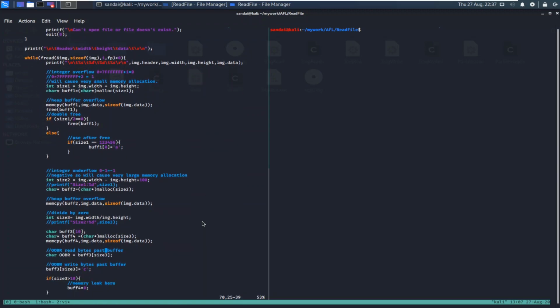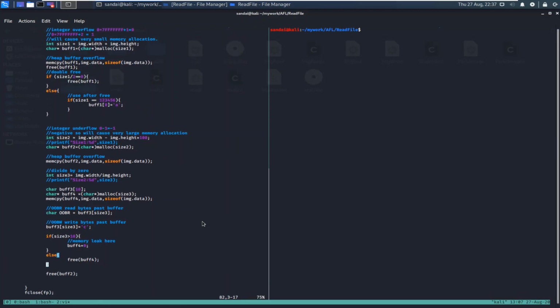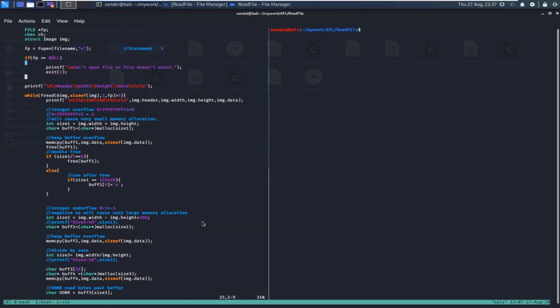Then I have added two more bug classes or vulnerability classes, which are out of bound read and out of bound write. Then I have one more type of bug which is memory leak. Although this is not a very severe bug, I still want to cover it because this is a common issue every programmer faces. So let's start with integer overflow.